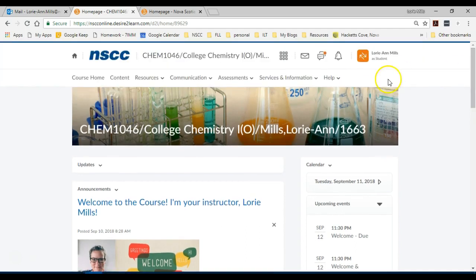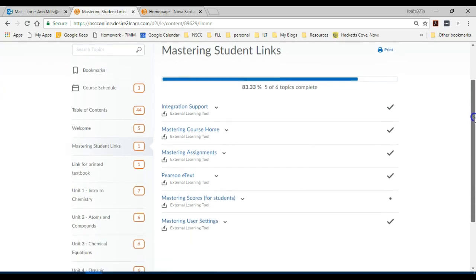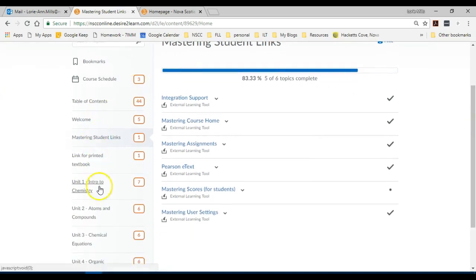So what I'm going to do is I'm scrolling up, and I'm going to go to the content part of our course. The content tab brings us to basically the meat of the course. It gives us the table of contents of our course. We have the welcome unit, then we have some links to our Mastering Chemistry and e-textbook through Pearson, and then we have our units. Everyone should start in the welcome unit, so you want to click on that first,